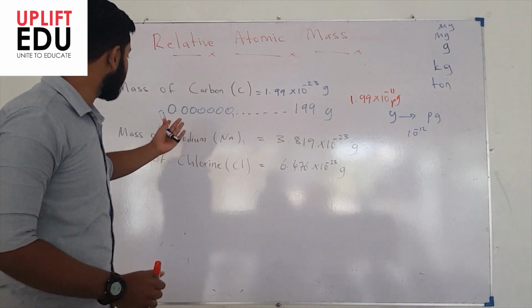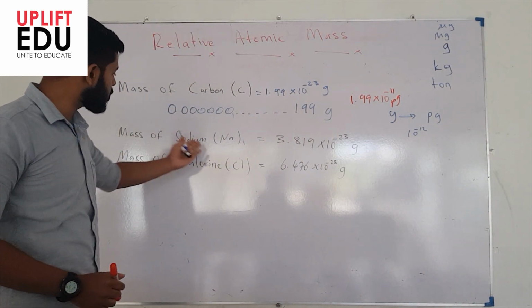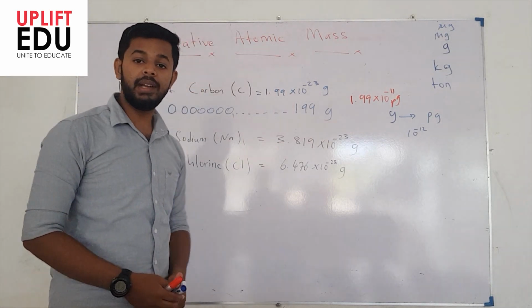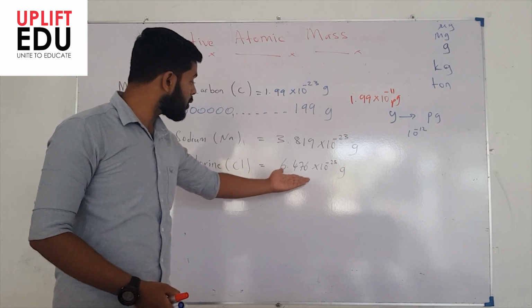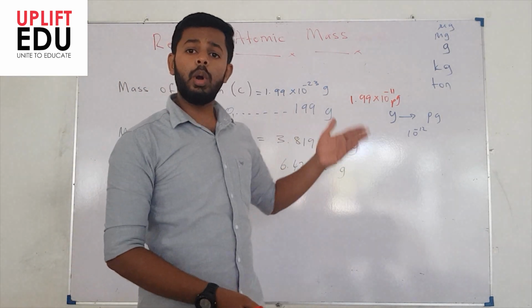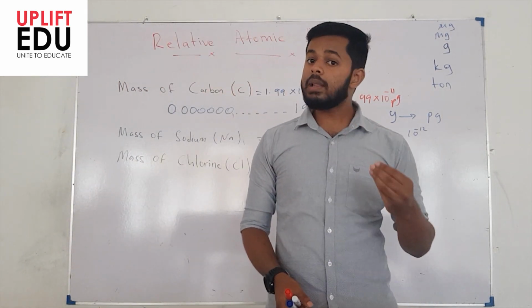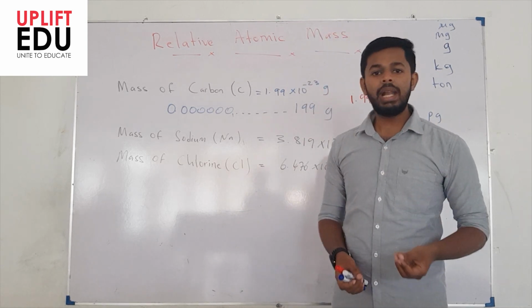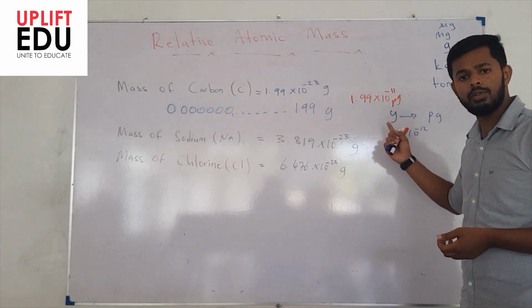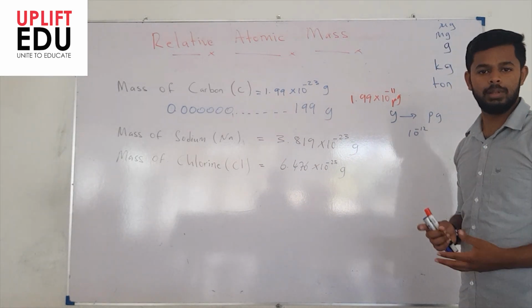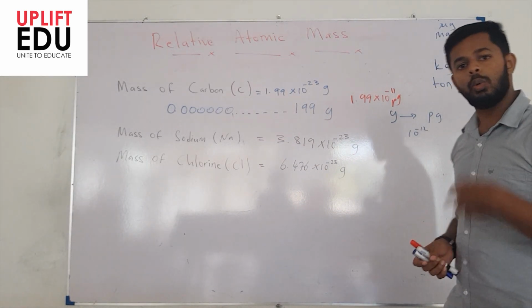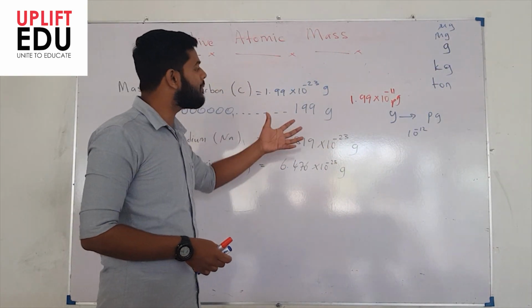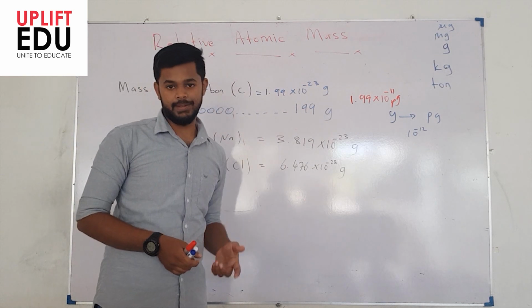Similarly, not only the carbon atom, when we look at some other atoms, like the mass of sodium, it is about 3.819 × 10^-23 gram. Chlorine is 6.476 × 10^-23. Not only these given examples, all the masses of these atoms are really small. So in our calculations, using these kinds of small values is not really possible. It's really difficult. So what we do is, rather than expressing the real mass, we go for an alteration, right?